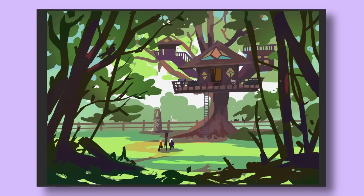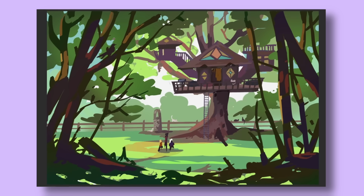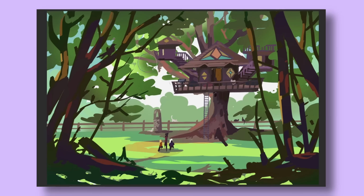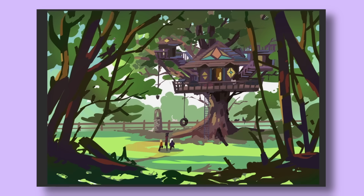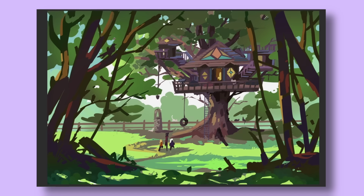I wanted all of these pieces to be story driven because that's my top priority and goal whenever it comes to getting good at background and environment art. So I linked all of these pieces to OC universes that I have that have some kind of loose narrative around them. So this one is based around my Monster Kids OCs, some of my favorite OCs because they're just so very fun. In this relatively non-existent story, the kids have access to a little treehouse that's super cool and